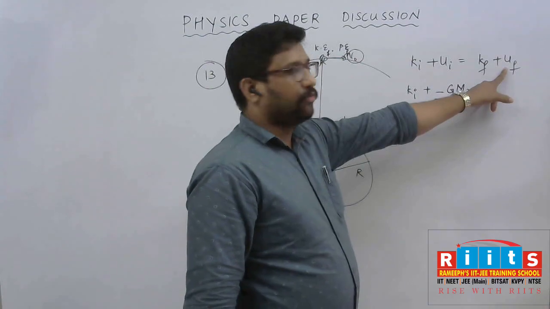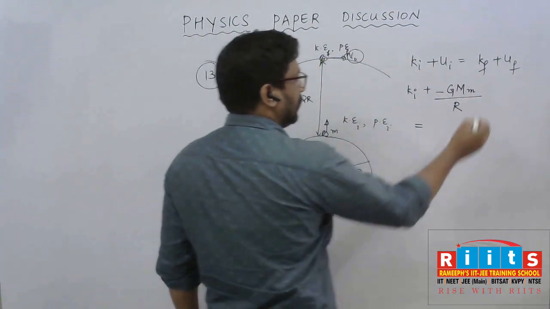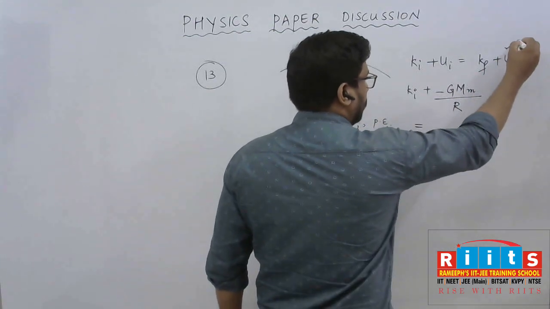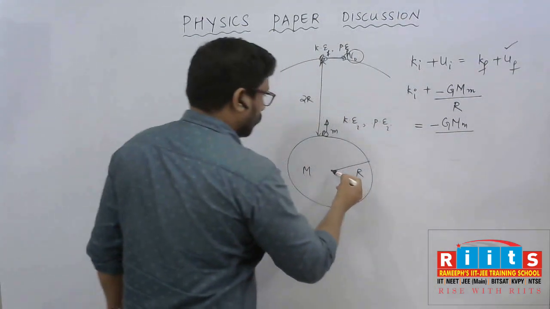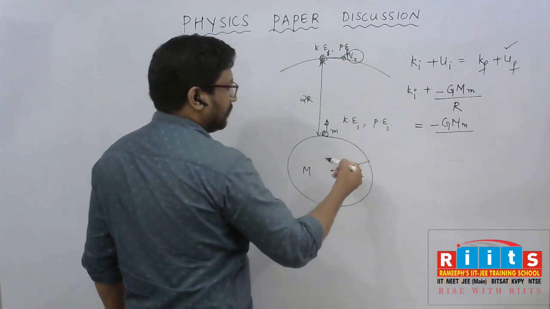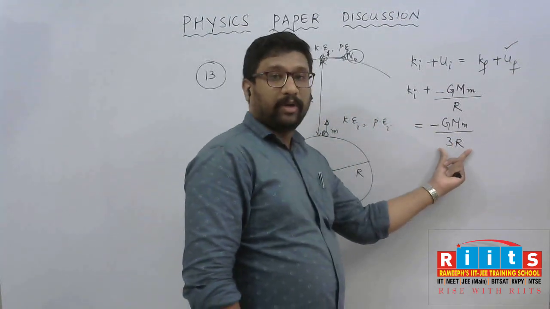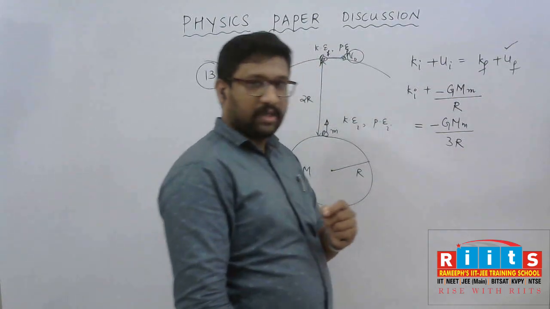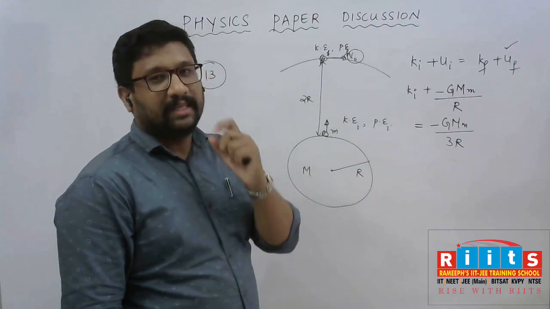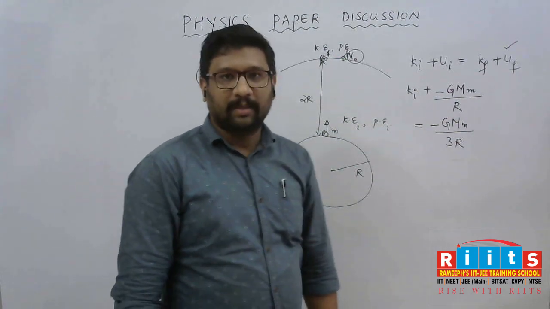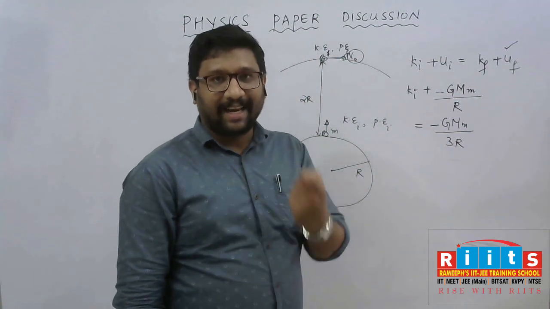Before that, I am writing the final potential energy. How can you write the final potential energy at this location? The final potential energy is minus GMm divided by the total distance from the center, that is nothing but 3R. Why am I preferring to write the final potential energy first? Because for this kind of revolving system in a conservative field, there is a common pattern you have to remember. This is not only true for the gravitational field, it is true for the electrostatic field.